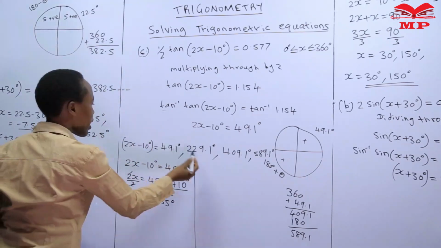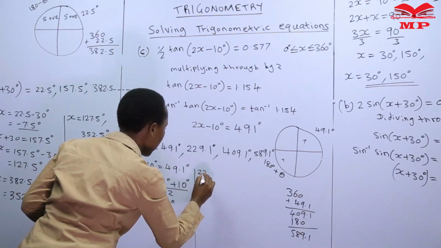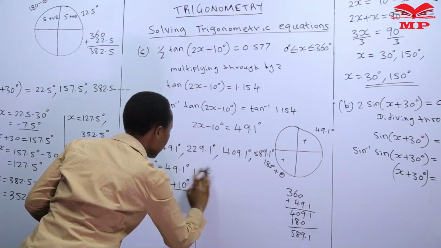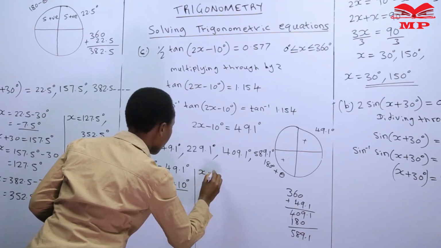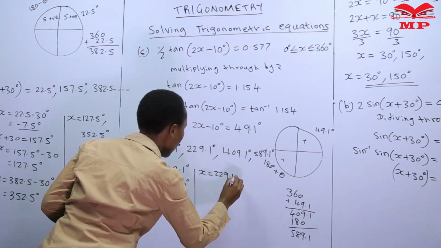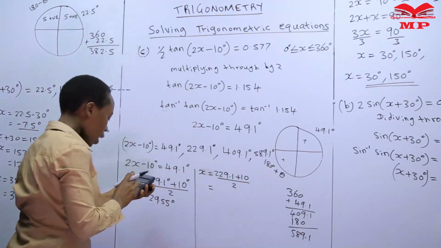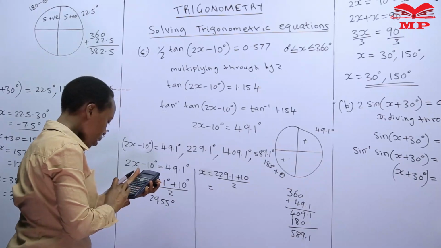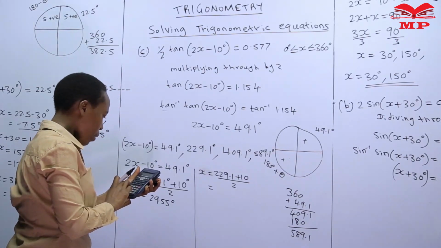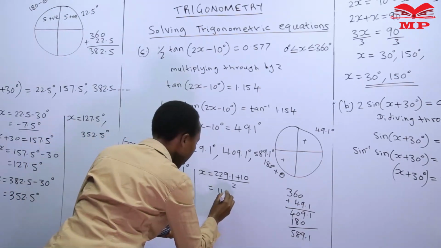Then the second one, x will be 229.1 plus 10, divided by 2. So we'll have 239.1 divided by 2, which is